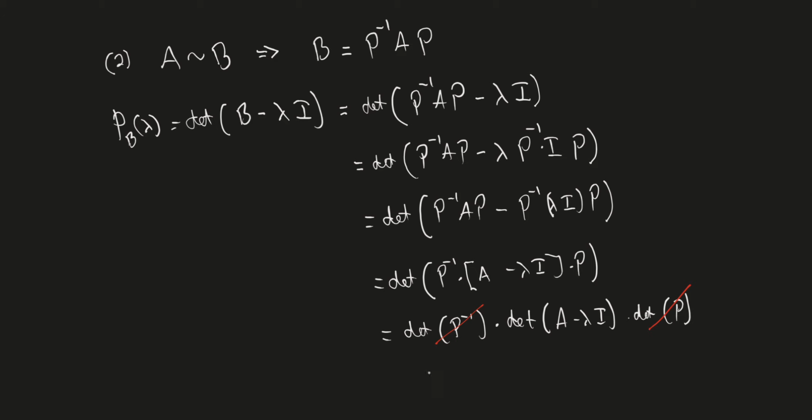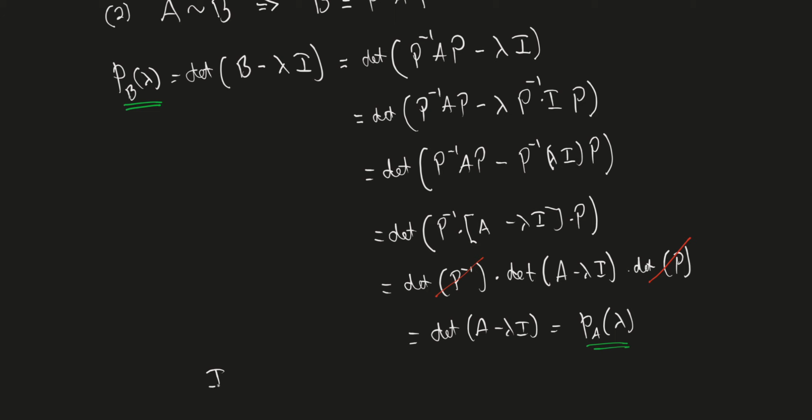So we end up with the determinant of A minus lambda I, and that is the characteristic polynomial of A. So what we've shown is that if they have the same characteristic polynomial, then they have to have the same